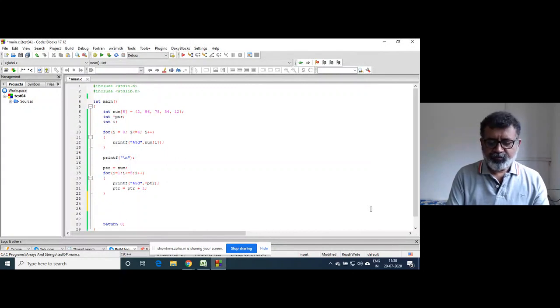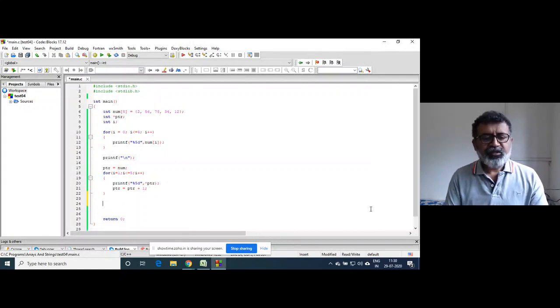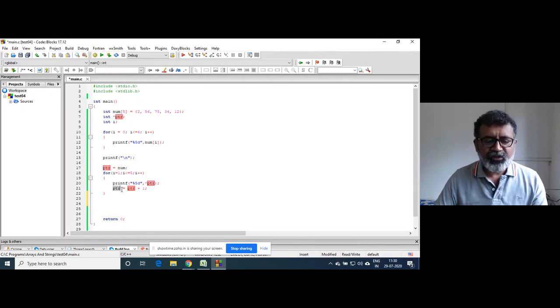Now since we know that a constant can be added to the pointer, and the same we are doing here, we are doing the same thing here, right?